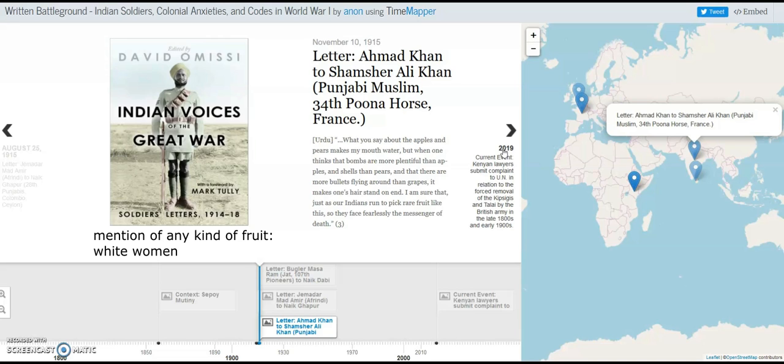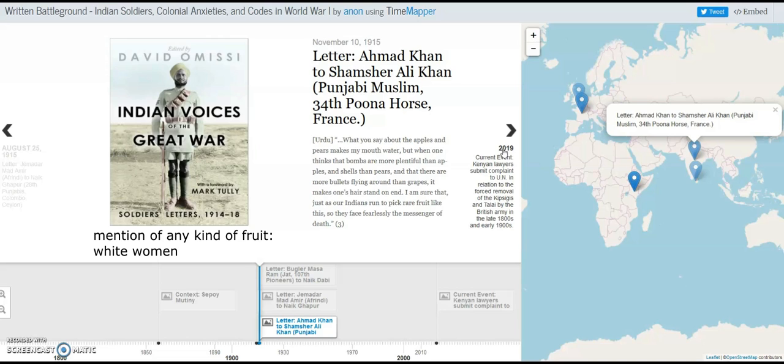He writes that, "What you say about the apples and pears makes my mouth water, but when one thinks that bombs are more plentiful than apples, and shells than pears, and that there are more bullets flying around than grapes, it makes one's hair stand on end. I am sure that, just as our Indians run to pick rare fruit like this, so they face fearlessly the messenger of death." If Ahmad Khan's retelling of Shamsher Ali Khan's letter is faithful to the original, we can actually